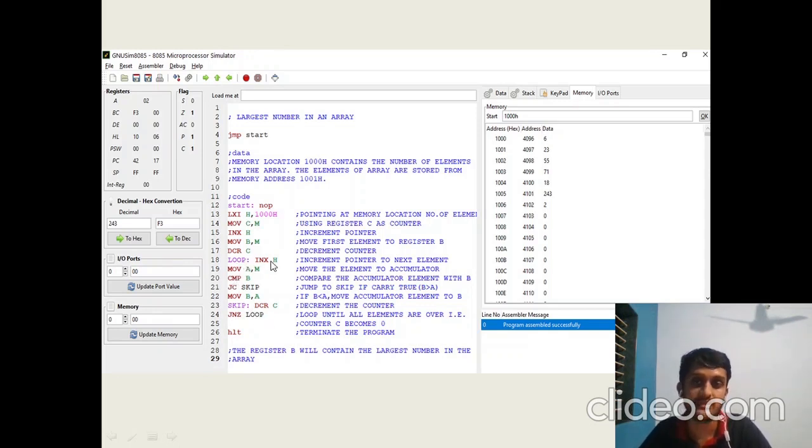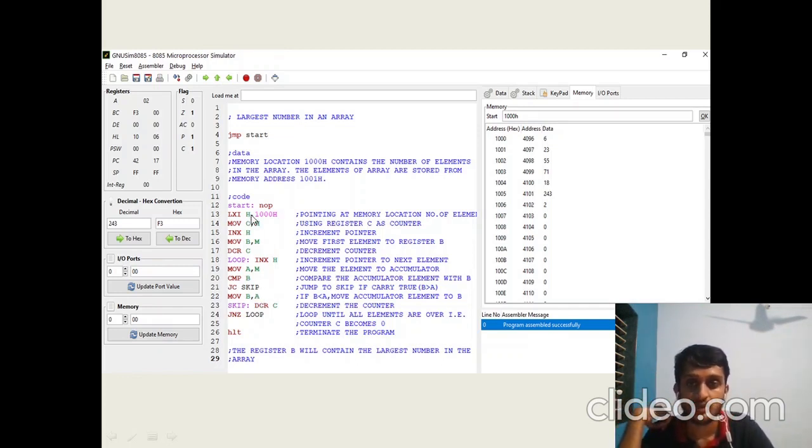This is the loop basically, so that we increment the HL register pair so that we could access new elements. Every time the loop runs, a new array element is stored in the accumulator, and it is compared to the previous maximum, which is held by the B register.